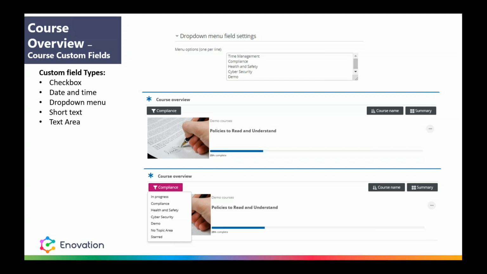I'm choosing demo for this because I was using our demo site. So say if you have health and safety courses, but they are in different categories within the course, you can filter them out by the topic as well as the category. And again, that allows the users to find the courses that they are looking for, and basically to